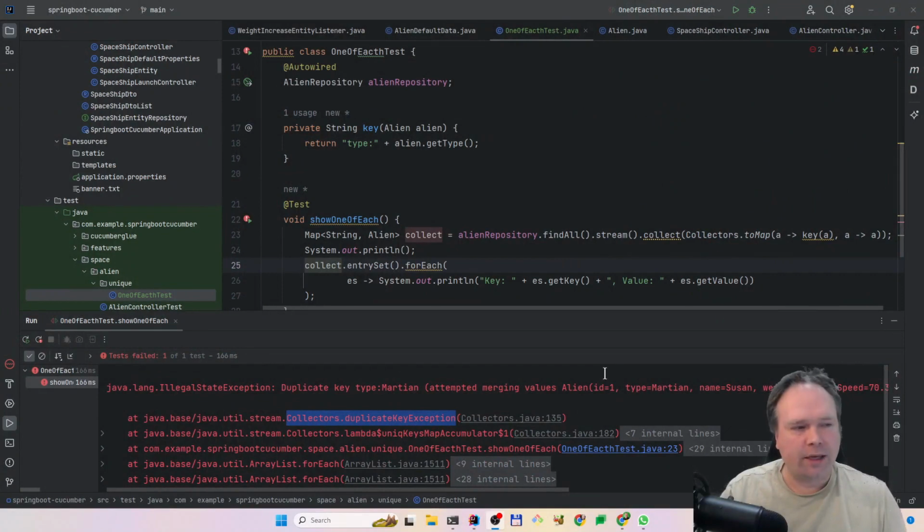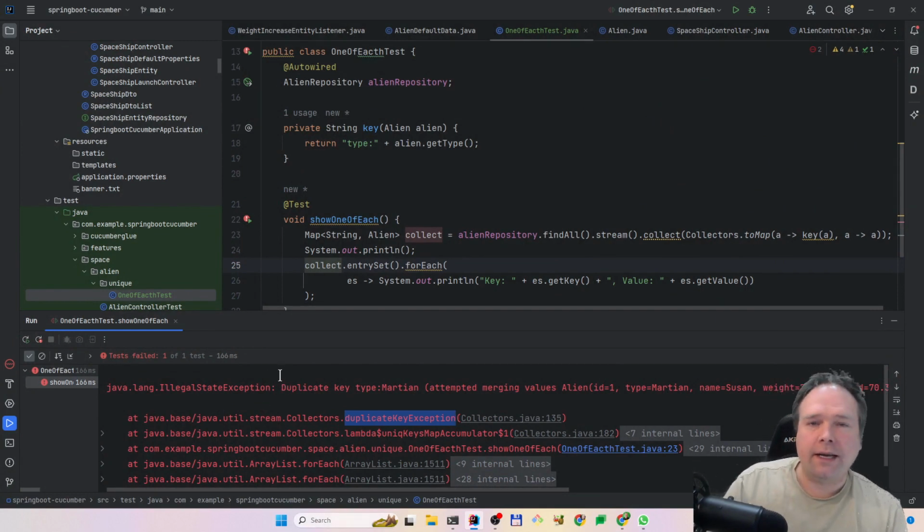Let's get started. This is my Spring Boot application, and look, I've prepared a bit of code, so we actually already have a duplicate key exception right here. The story is that we have a database filled with aliens, and we take all of them, and then we get a collection. Then we take that collection and use the stream library to convert it